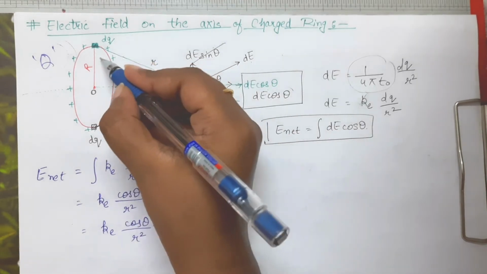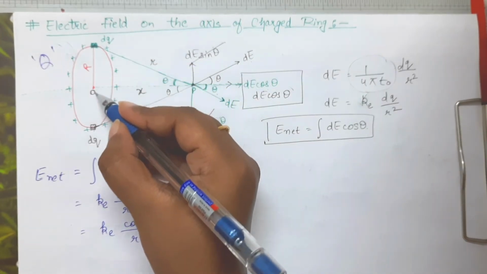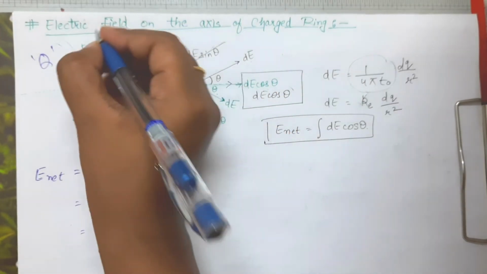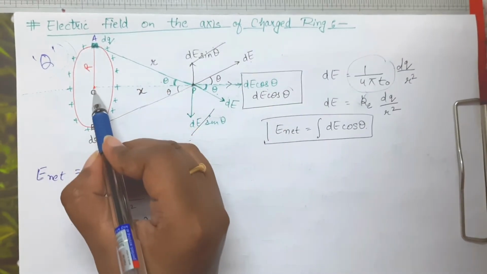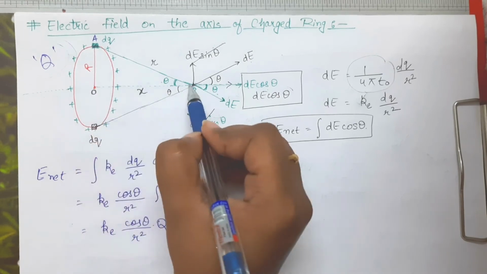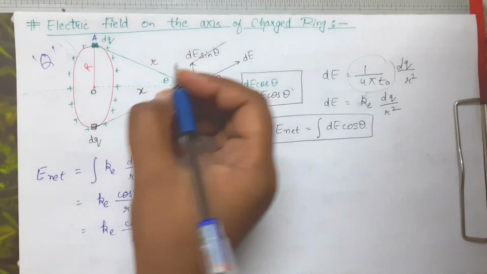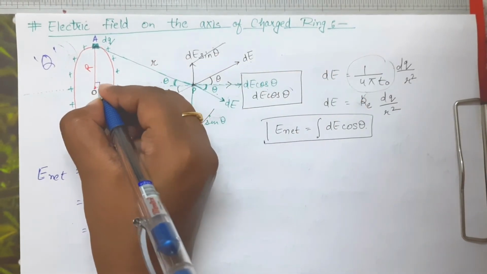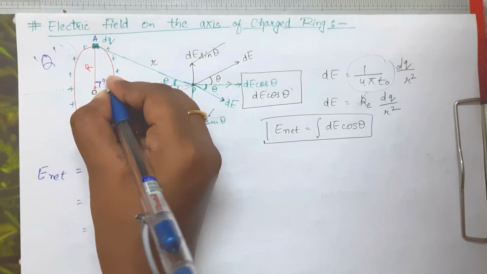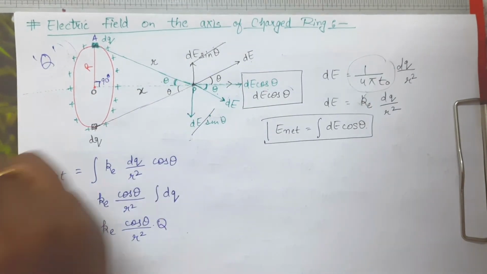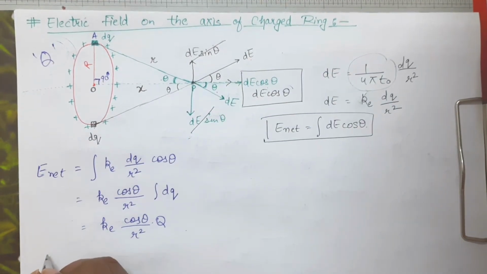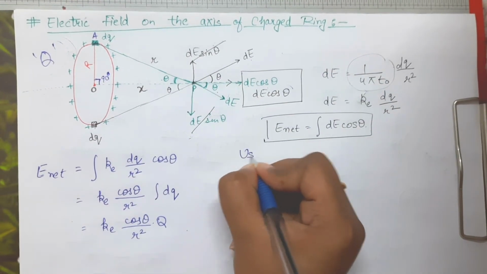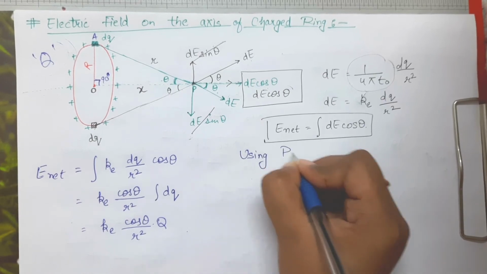Now consider this particular triangle, this one. I'm going to give it point A, this is P. Now consider this triangle OPA. In this triangle OPA, this angle is 90 degrees. We can apply Pythagoras theorem. Using Pythagoras theorem,